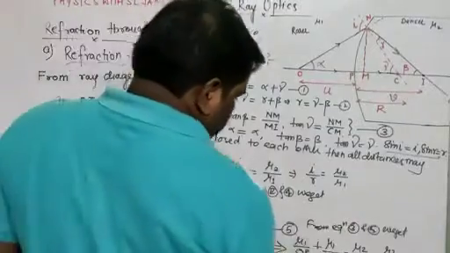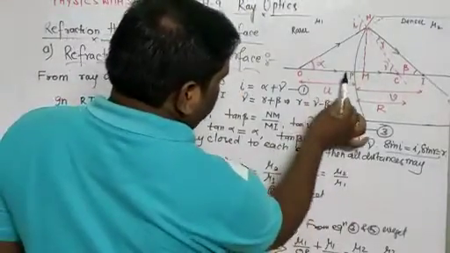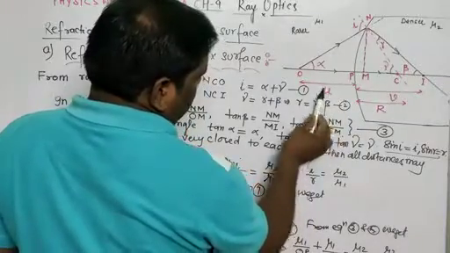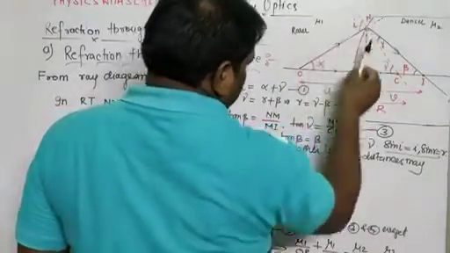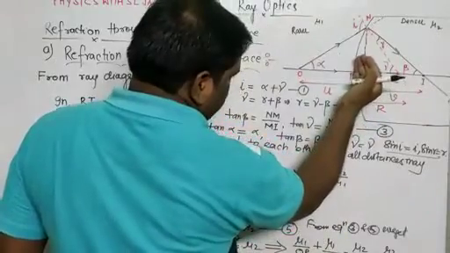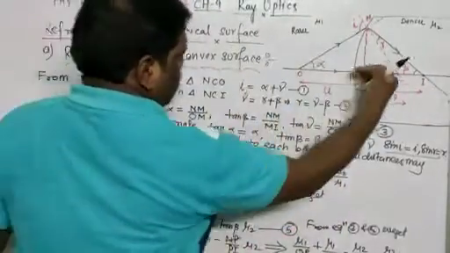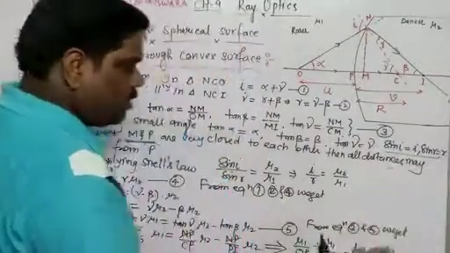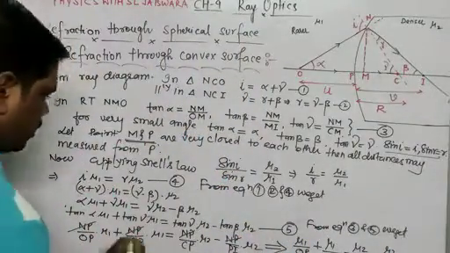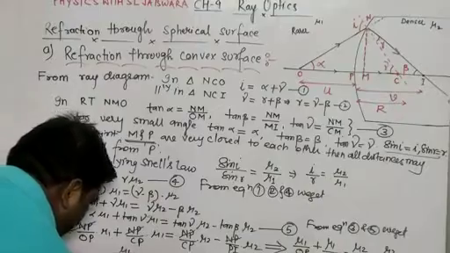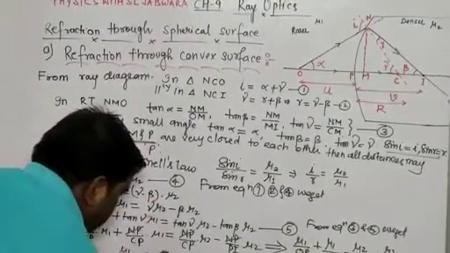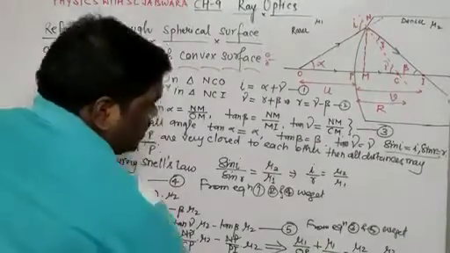Along with the sign of OP, this is OP. So OP is equal to U, but what will be the sign of U? See, the ray is going in this direction. We are measuring the distance from pole to O, that is in this direction. So OP will be minus U. I hope you all are able to understand. So let us write down mu 1 upon OP, that means minus U, plus mu 1 upon CP.